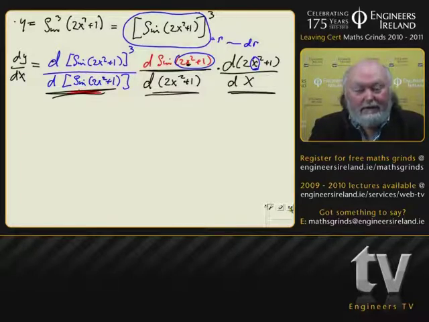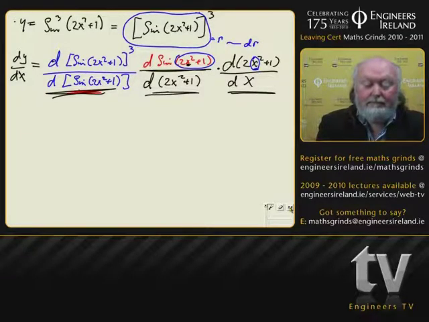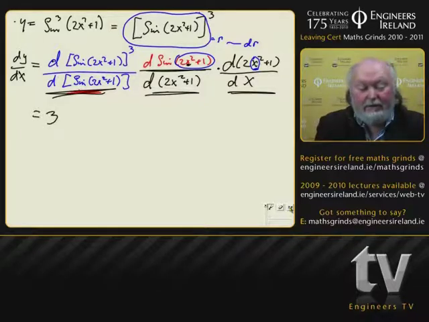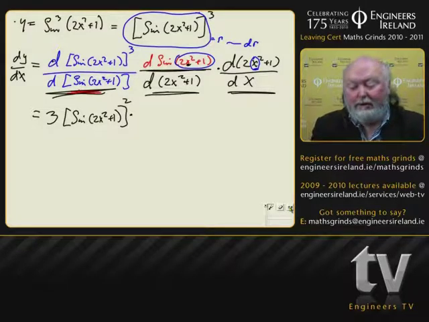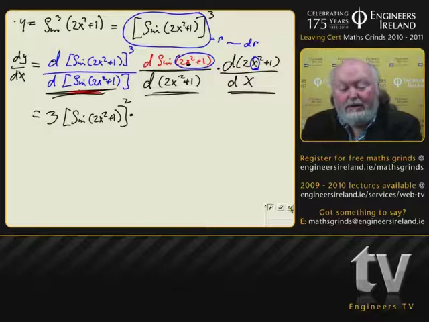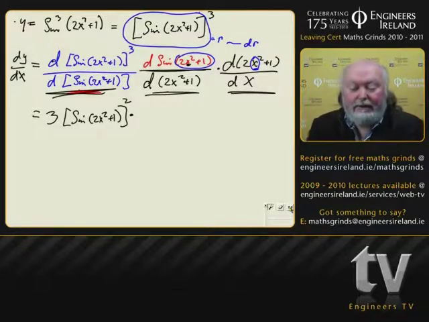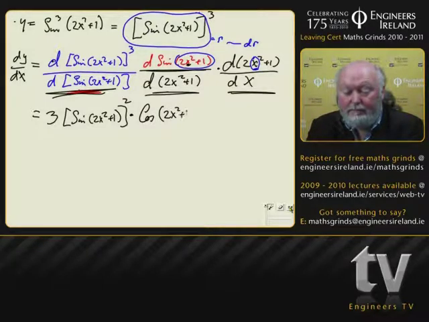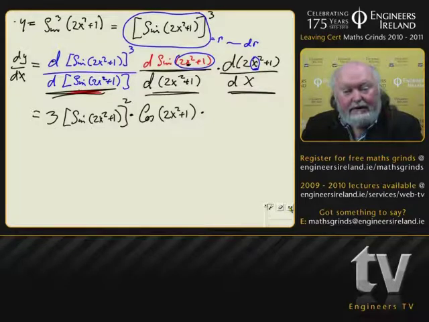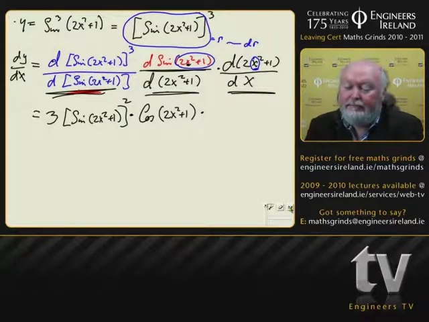The d/dr of r cubed is 3, whatever the r was. In this case it's sine of 2x squared plus 1, squared, so that's 3r squared in our mind. What was the p? We were talking about the d/dp of sine p. That'll be cos. The next one over, it's the d/dx of the p, and we will go